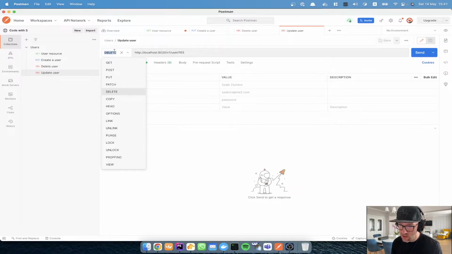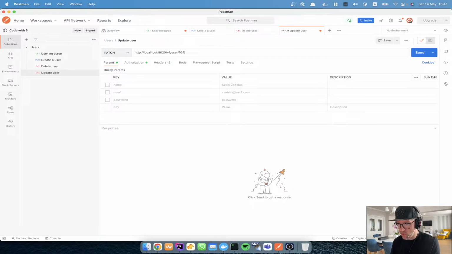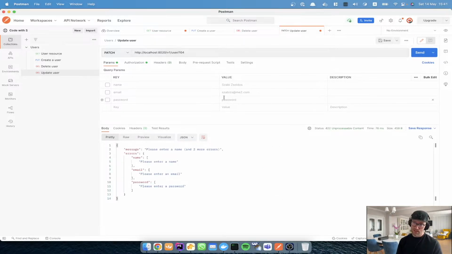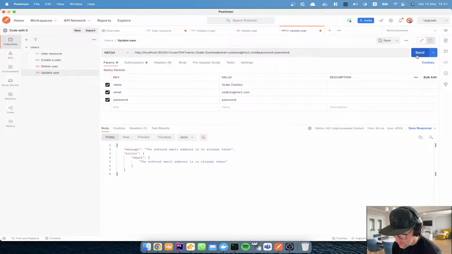So let's update user. For the update user, I've told you before, we use patch 104 and update, send. Because I didn't enter any parameters, we have these validation as well. But let's say this: the entered email address is already taken, so I cannot use someone else's email. Okay, in this case, it's accepting an email,